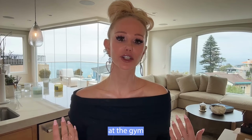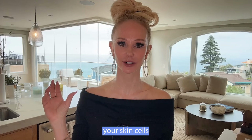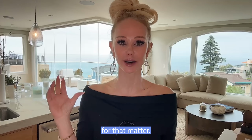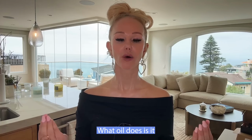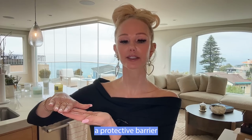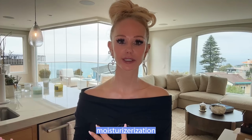When you're at the gym and you're working out and you grab your Hydro Flask full of water, you're not grabbing your Hydro Flask full of sebum or oil to hydrate your skin cells or your body cells or your body for that matter. Your skin cells need water, not oil, to hydrate. What oil does is it provides a protective barrier to minimize transepidermal water loss, but also natural moisturization factors and